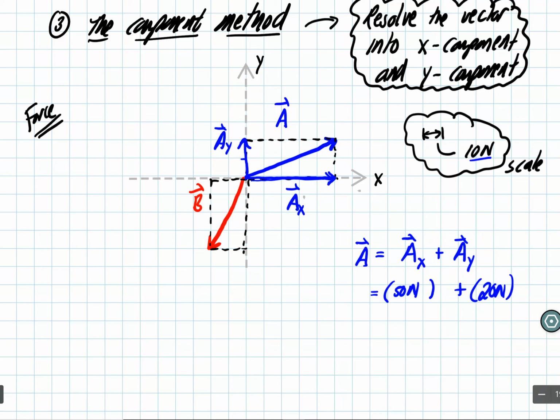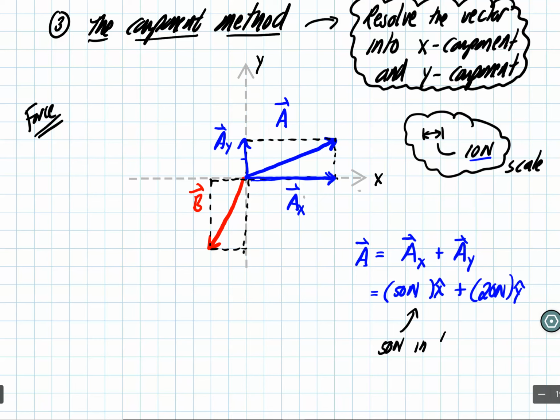Now we have to communicate to the world which one of these is for the X and which is for the Y. And so we're going to take these. I'm going to stay with blue. So we're going to put these weird little vector hats. And the way I want you to think about it, and the way I'm going to say it, is, so this would be